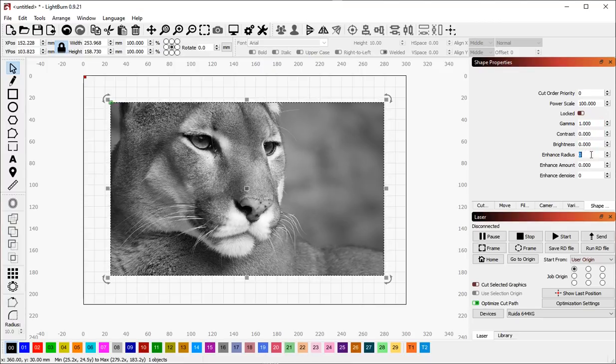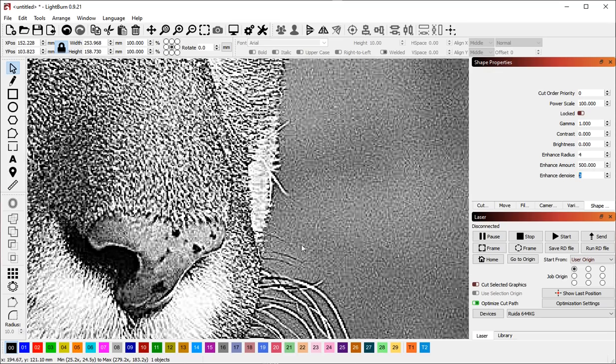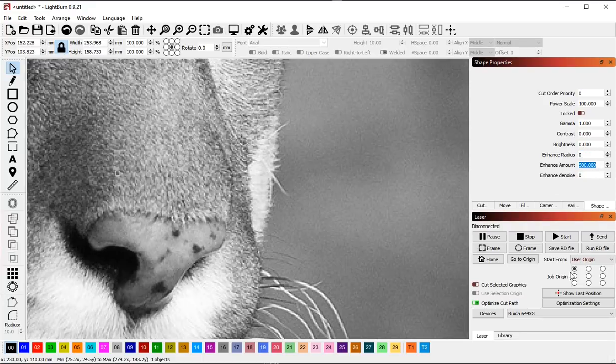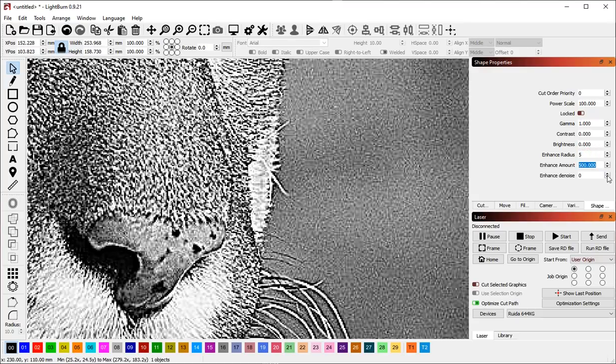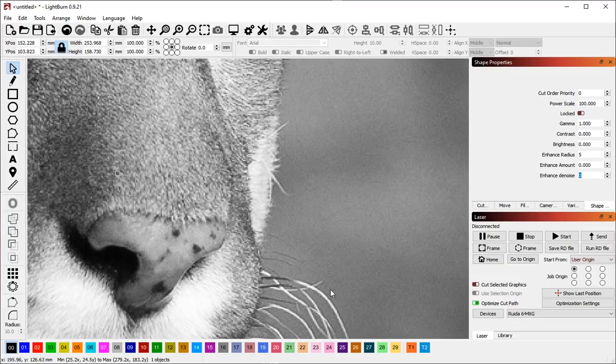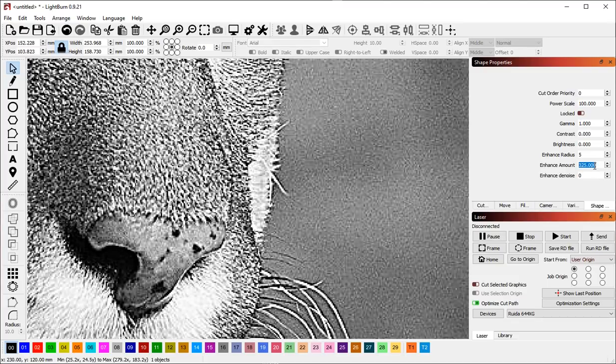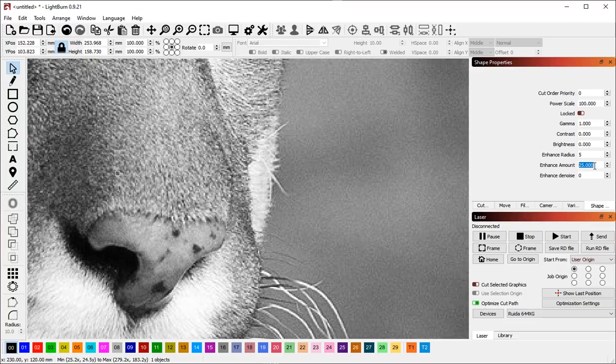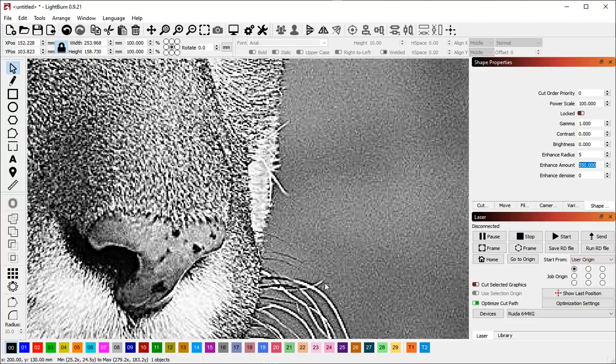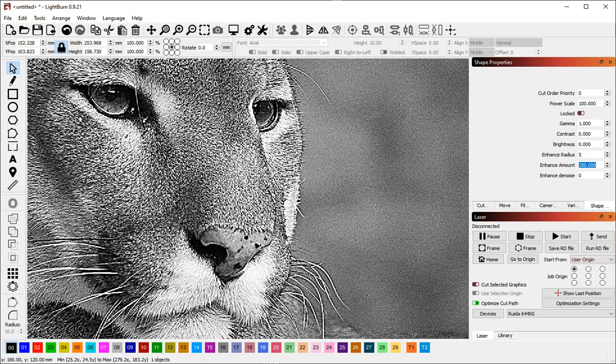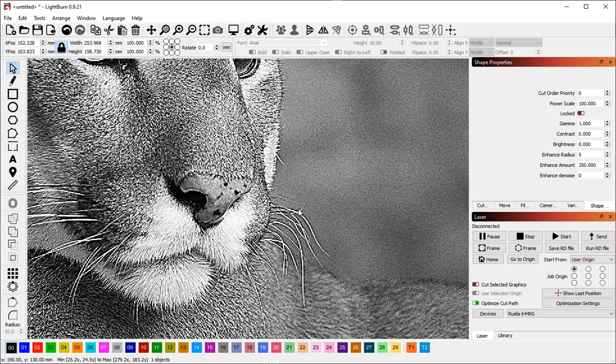We also have image enhancement. Edge enhancement, I guess, would be the better thing to call it. This basically makes edge detail much, much stronger. It bolds it effectively. So if I set this off, or let me turn this back on, but I'll turn it off from here. If you watch the whiskers as I turn this up, you can see that they develop a black halo,